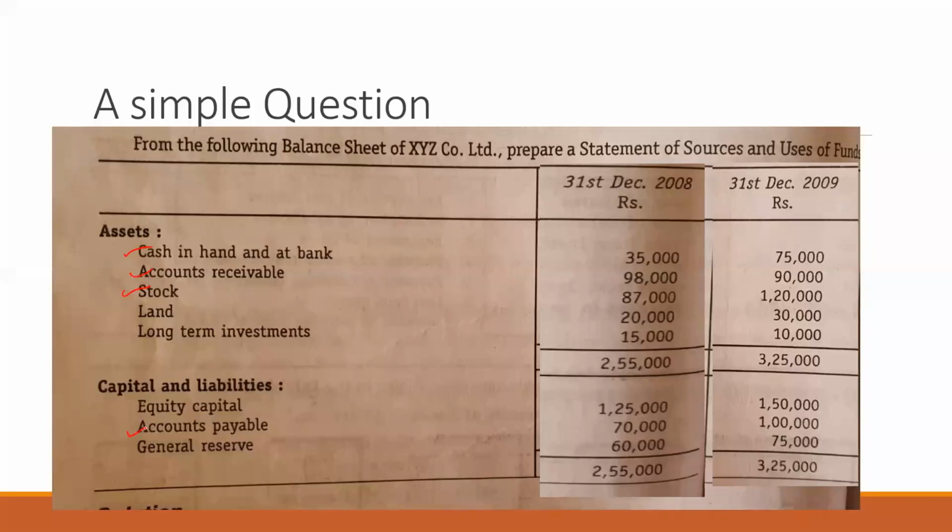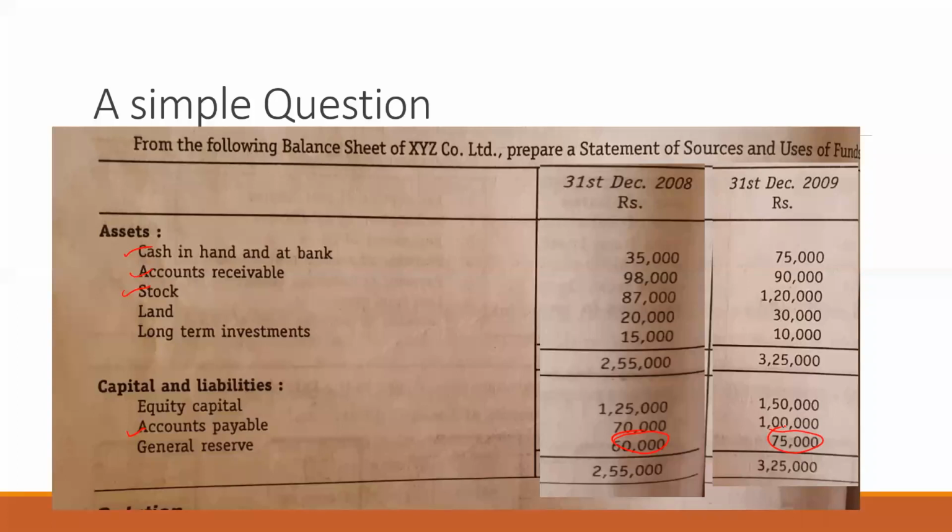General reserve, while preparing the fund flow statement, what was that item? Fund from operations, right? A source. Yes. In this question, we don't have any profit and loss account or any adjustments related to that. So in a question like this, general reserve we treat as fund from operations. That does not normally happen. Since they have not given the profit and loss account or any adjustments related to it, we don't have to prepare an adjusted P&L account. Are you getting the point? Here we treat fund from operations as the difference between these two items.